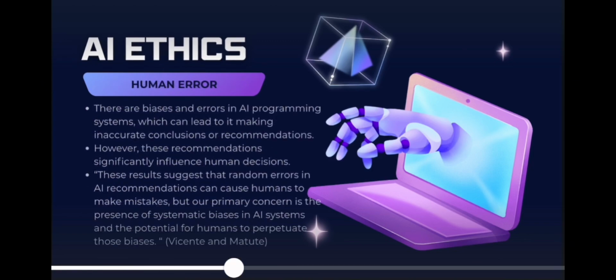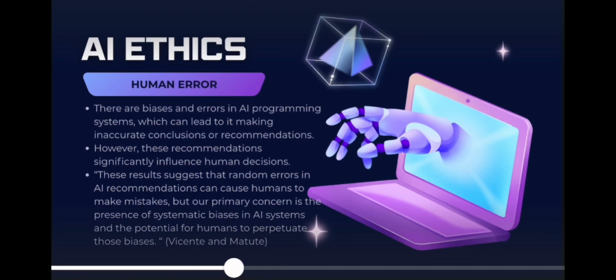Here's another perspective to consider: human error. I think this is one of the most significant reasons for concern. There are biases and errors in AI programming systems, which can lead to inaccurate conclusions or recommendations. However, these recommendations significantly influence human decisions. "These results suggest that random errors in AI recommendations can cause humans to make mistakes, but our primary concern is the presence of systematic bias in AI systems and the potential for humans to perpetuate those biases," said Vincent